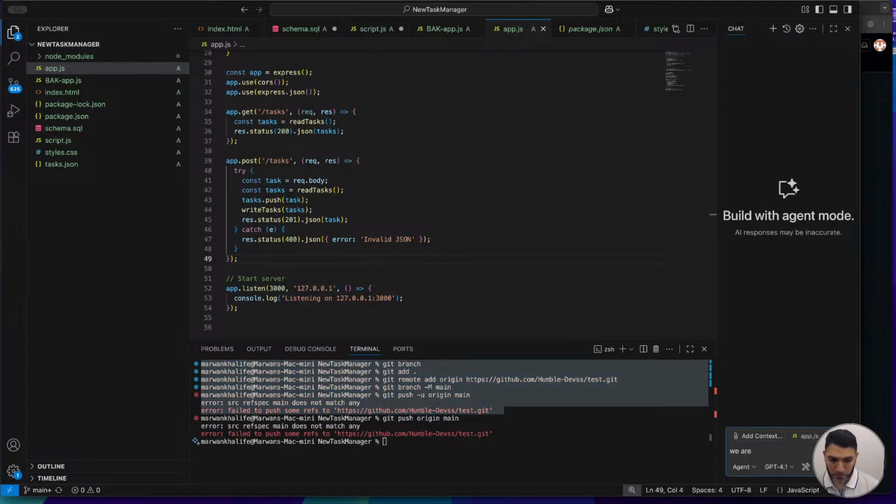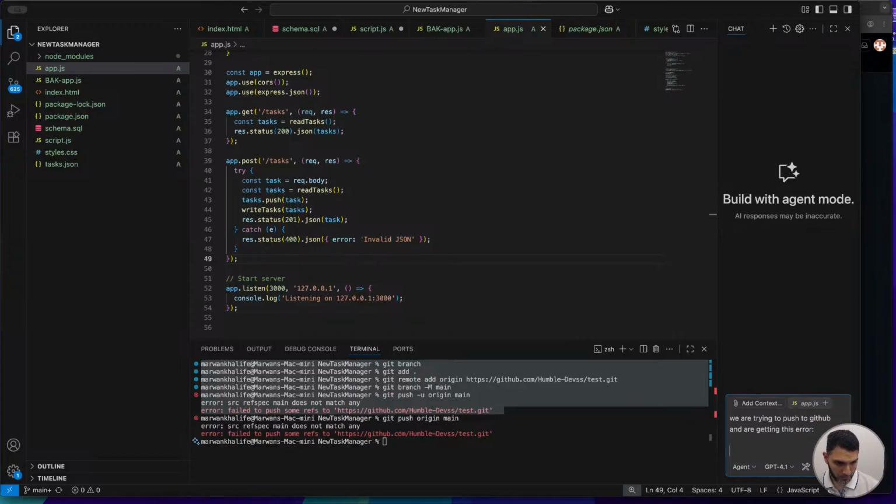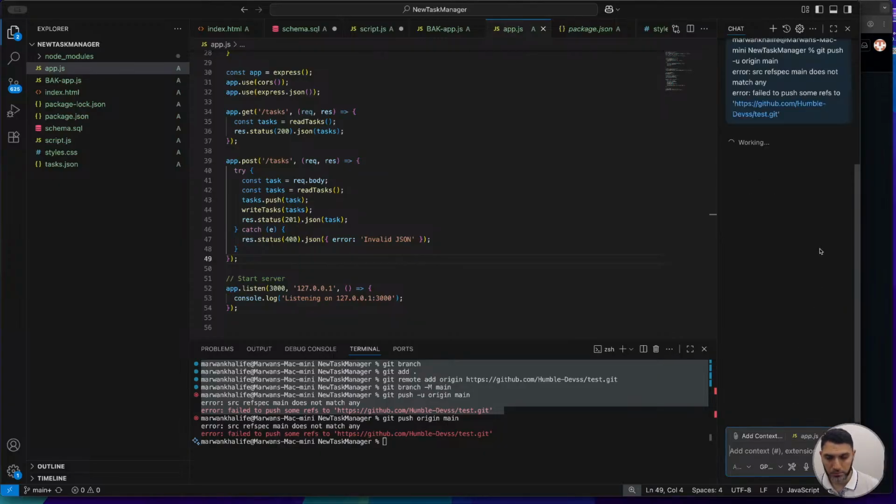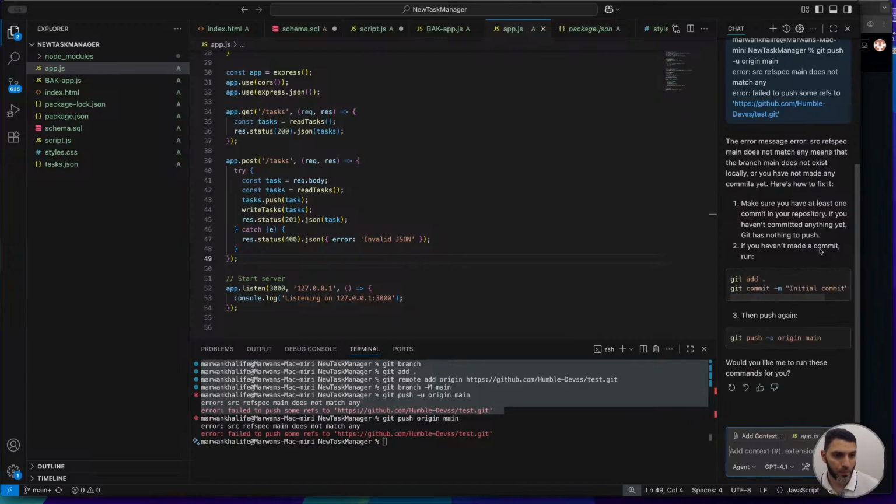We are trying to push to GitHub and are getting this error. So most probably it has to do with my